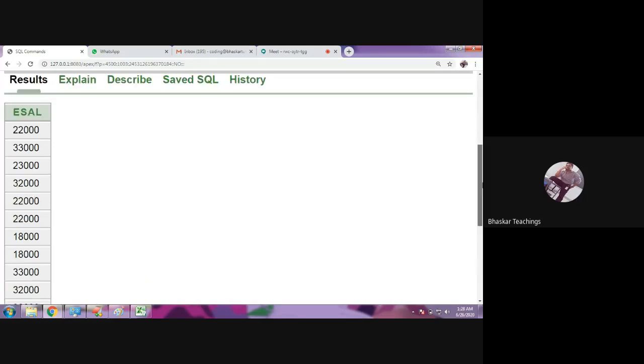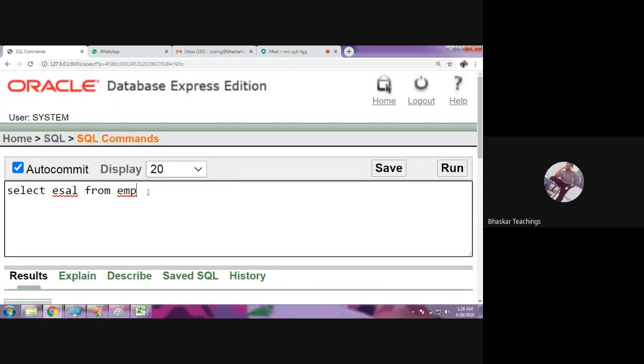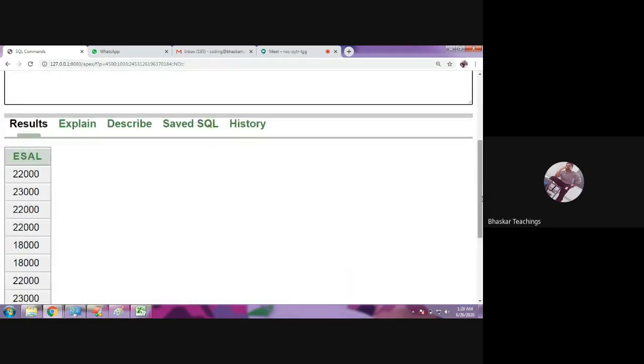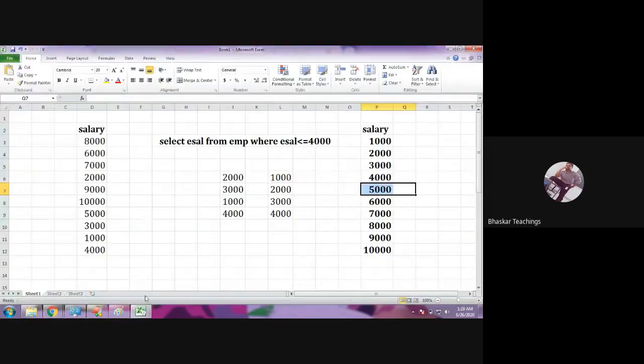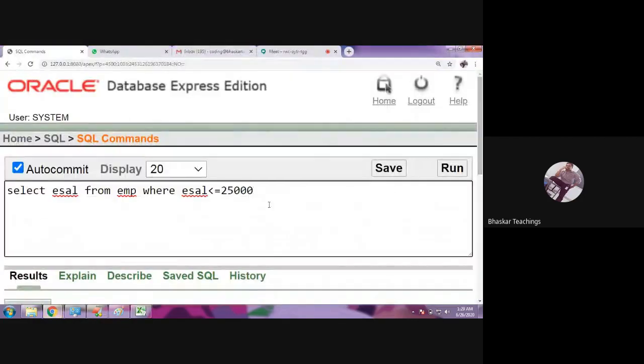Here if you see, there is no sorting on this column. And now when the user tries to retrieve this salary data saying esal less than or equal to 25,000, you will get the data fine, but it is comparing all the 17 records. We have seen this in this example. So when the user is querying the database on any specific column, in this way it is going to compare all the records, and it is taking so much time. It's a burden on the database engine.